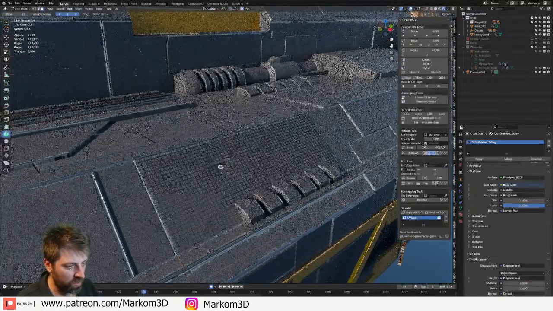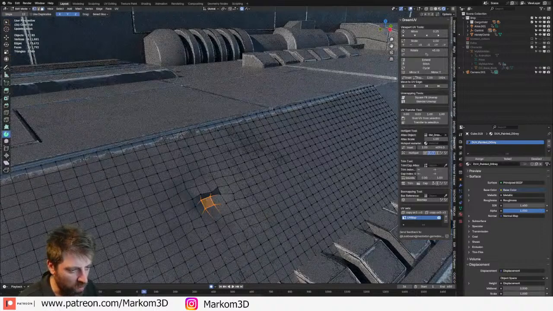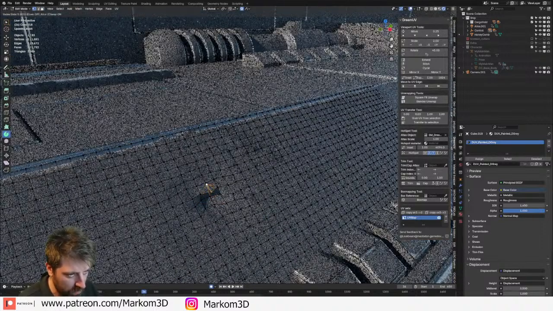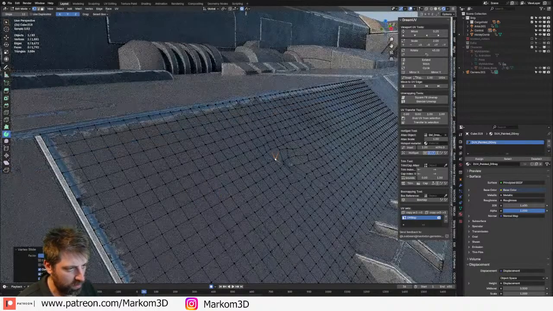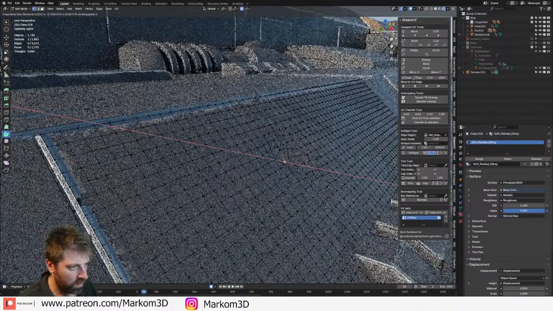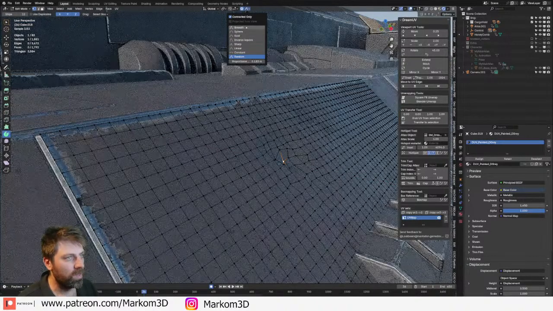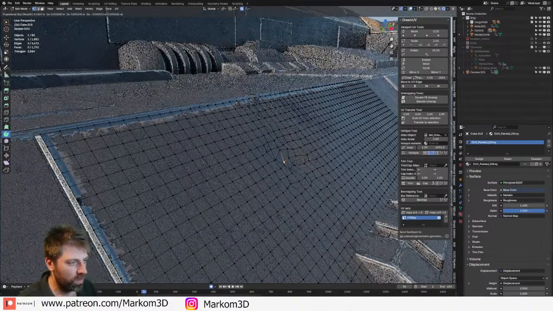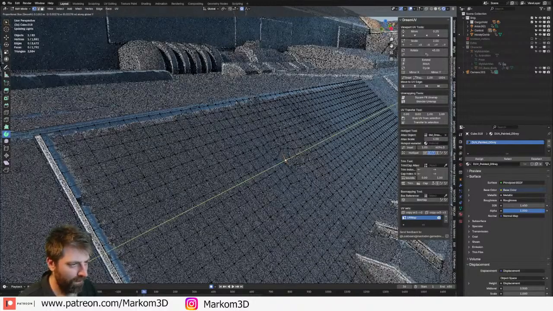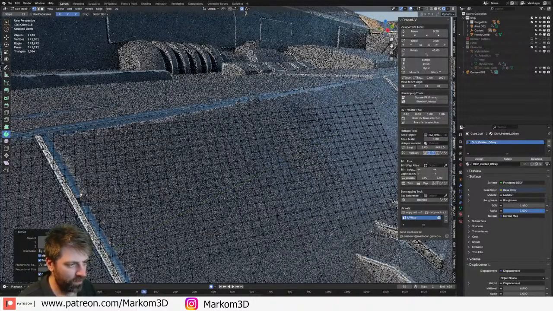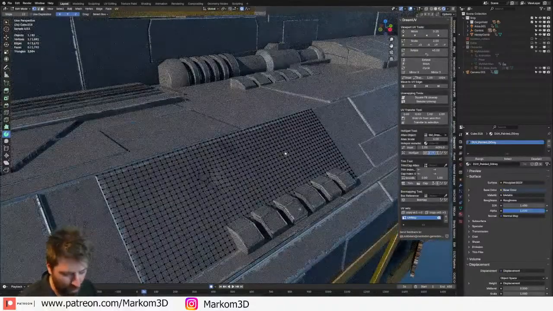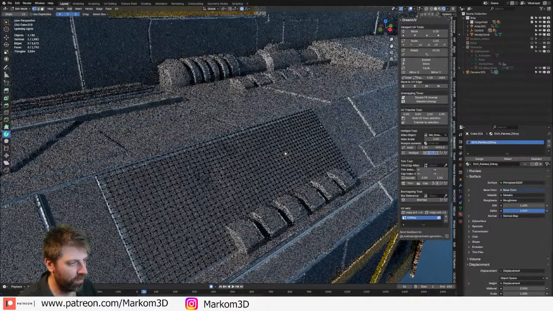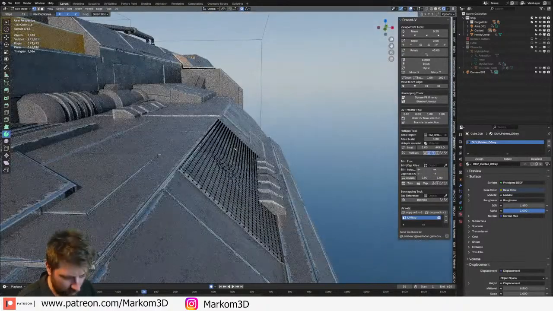Right click, shade smooth. Oh, yuck. I made that a little bit too feisty. Let's do smooth. Maybe not random. Maybe you just do this. Where's X? Is it X?